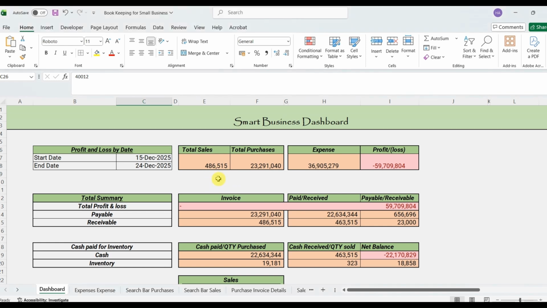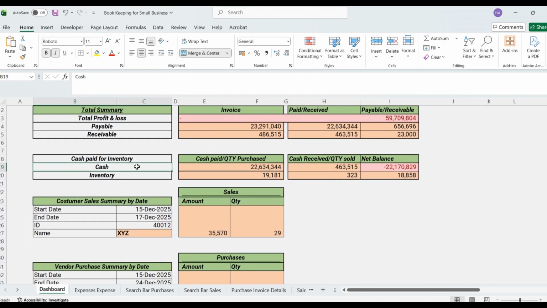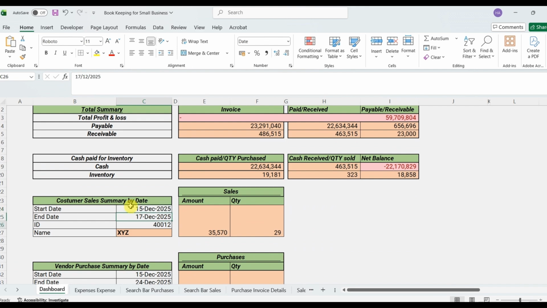In this Excel sheet, you can find profit and loss statement, total sales, total purchases and expenses, and total profit as per date wise. Here you can find total profit and loss, total payable summary, total receivable summary, track of your cash history, track of your inventory, customer sales summary by date and by ID,